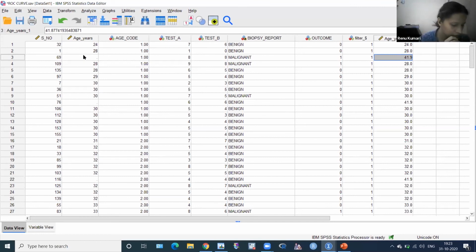And Madam Riju Dekash has a question. What is the cutoff for omitting the intermediate results for the ROC curve? I'm not getting what the ma'am wants, because this is not a cutoff. Otherwise you have to repeat the sample. Like in corona we are getting intermediate results, then we have to repeat that.